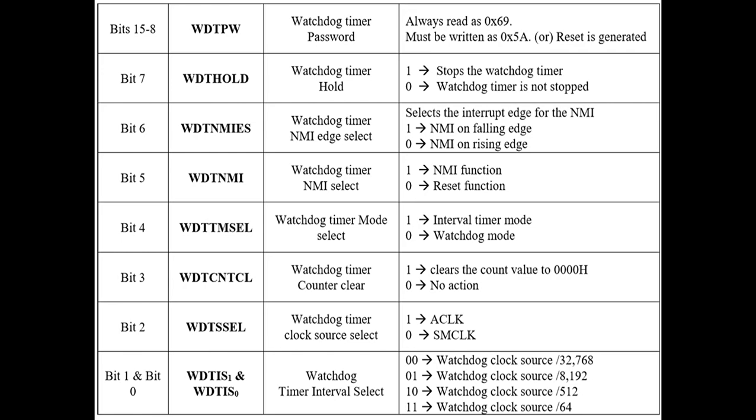That means the watchdog timer gets the clock signal from the subsystem main clock by default. It is operating with a 1 megahertz clock signal, so 1 megahertz means a 1 microsecond time period. With 1 microsecond and a count value of 32,768, the watchdog timer interval is approximately 32 milliseconds. Based on our requirement, the periodic time at which we need to monitor the system depends upon the watchdog timer interval select.